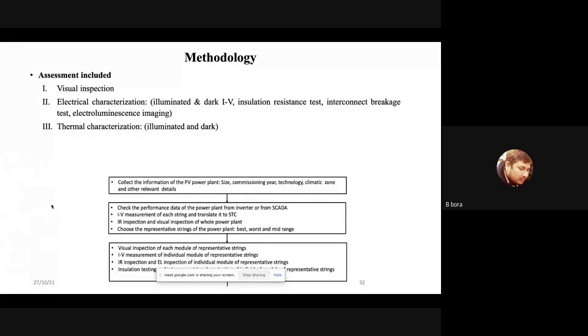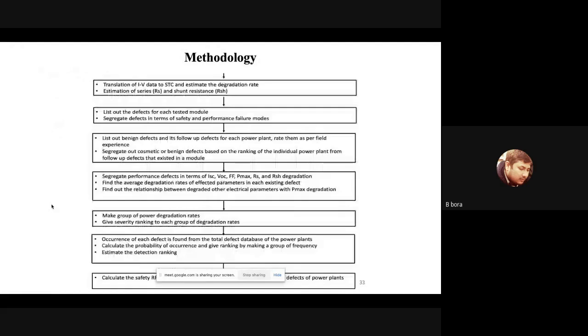So the basic funda is you have to go to the PV power plant and check the performance of the modules string-wise, and after that you have to go to individual module testing. You can find some defects, or you can find the degradation rate of the module, and after that we have to segregate the defects in terms of safety and performance